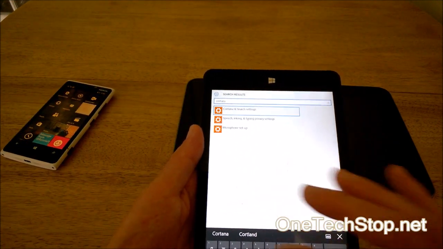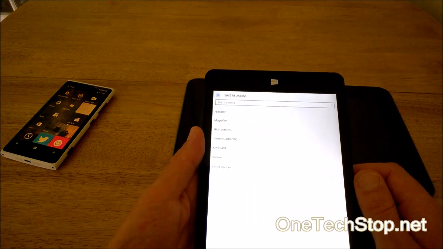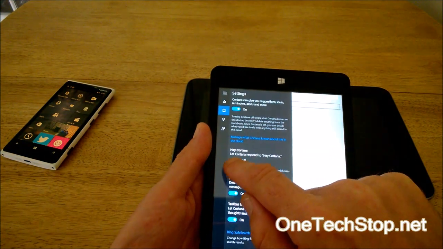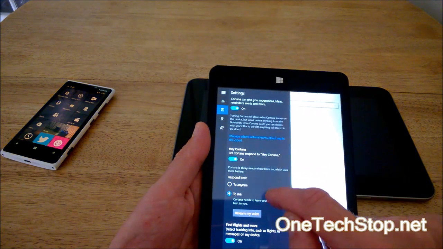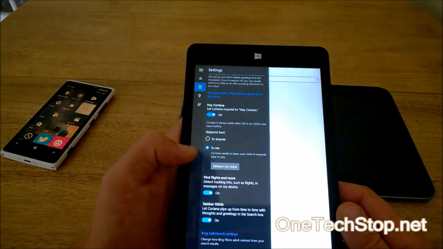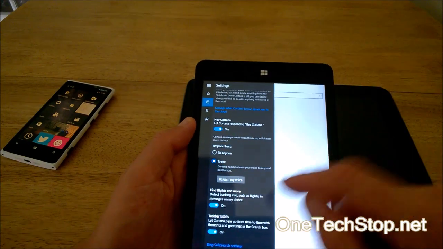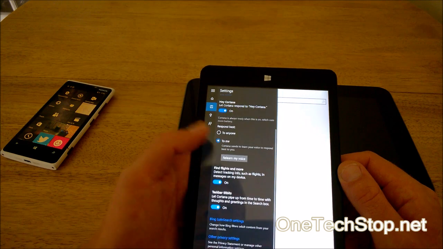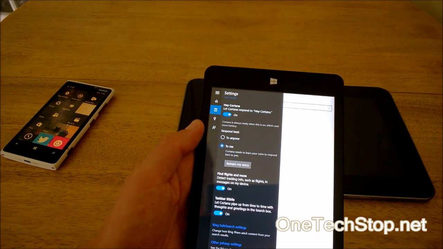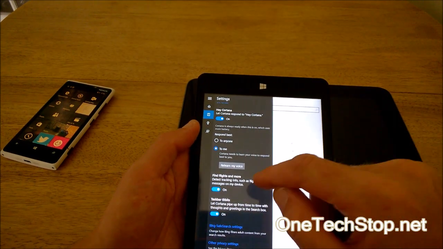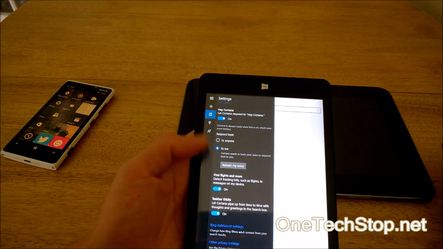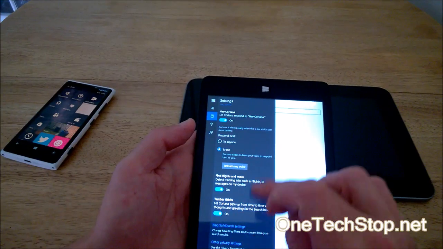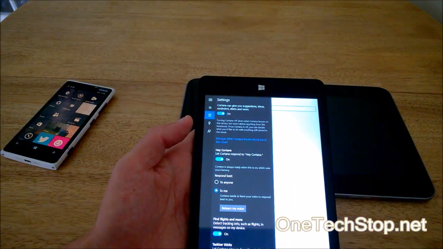Right, we'll look into switching on Hey Cortana. Cortana and search settings. Let Cortana respond to Hey Cortana. Respond best to me. Relearn my voice. There is a series of sentences you can read out to Cortana for her to learn your voice, and then supposedly she only answers to you. You can ask her to find flights and more, and taskbar tidbits. Okay, so if that's set and enabled,